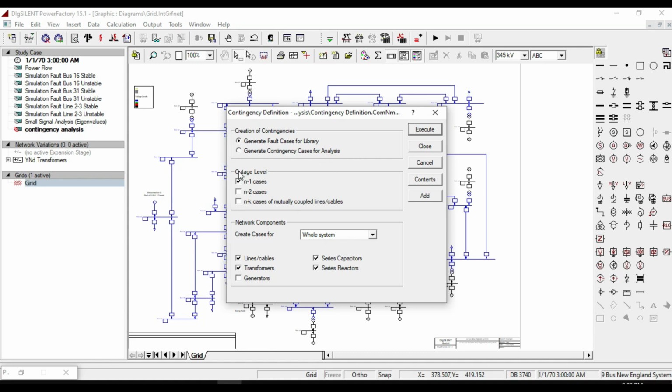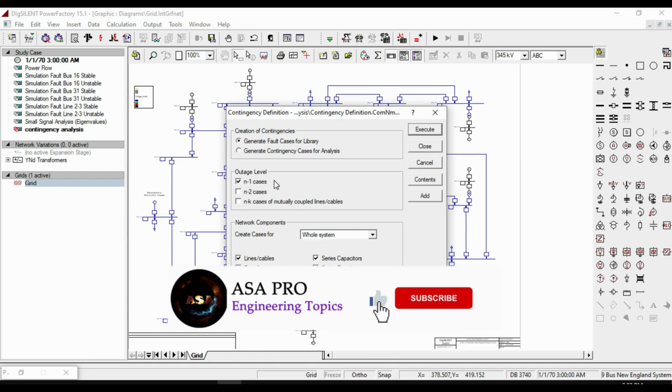The other part defined here is the outage level, which contains a standard method to perform a single, double, or multiple contingency analysis simulation. As a default, put it on single cases. When a system is single contingent or N-1 secure, it means that the network system can continue to operate within nominal limits